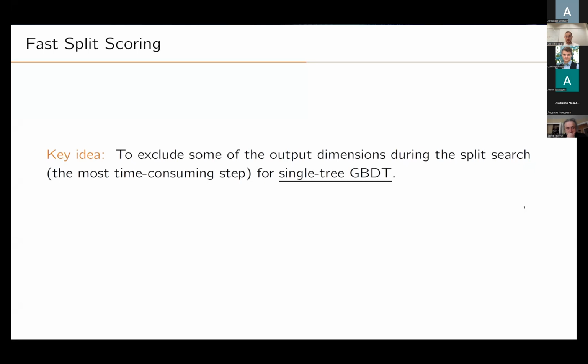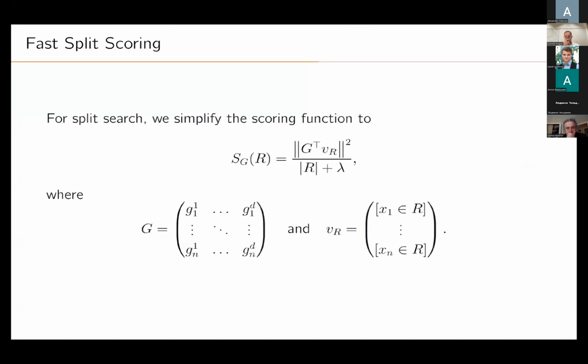Okay, so the idea was to do something with output dimensions, and of course we consider single-tree GBDT. So meaning that we construct just one tree, and each leaf has a response which is multidimensional. It's not a one-versus-all strategy. Okay, so if we consider once again the scoring function, and if we rewrite it in a different way, we